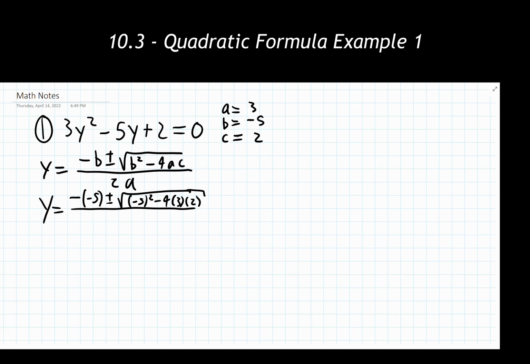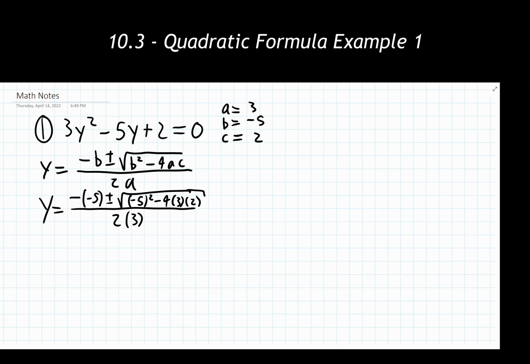And again, whenever you are substituting, make sure you're always substituting inside of a set of parentheses. I'm going to rewrite this -5 in here just to make it a little clearer. There we go. So again, as we're noticing, wherever a B shows up in this problem, I'm replacing that with the parentheses and -5. Wherever an A shows up, I'm replacing that with a parenthesis, and I'm replacing it with a +3. And then wherever a C is showing up, I'm replacing that with a parenthesis and a 2 inside of that.